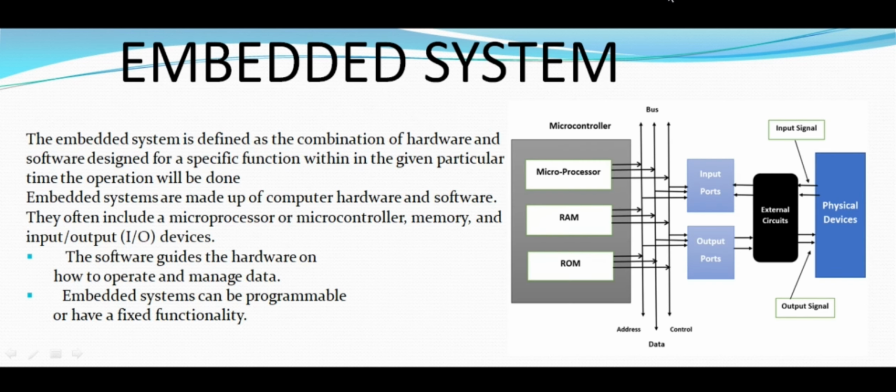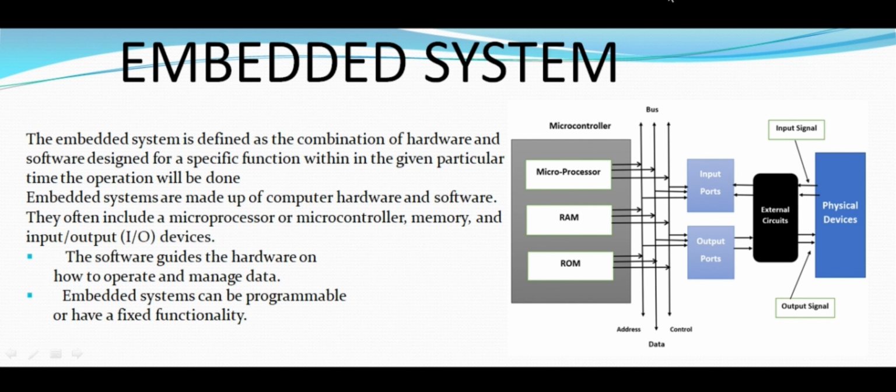So let's enter into embedded systems. An embedded system is defined as the combination of hardware and software designed for a specific function. Within a given particular time, the operation will be done. Embedded systems are made up of computer hardware and software. They often include a microprocessor or microcontroller, memory, and input and output devices. The software guides the hardware on how to operate and manage data, and embedded systems can be programmable or